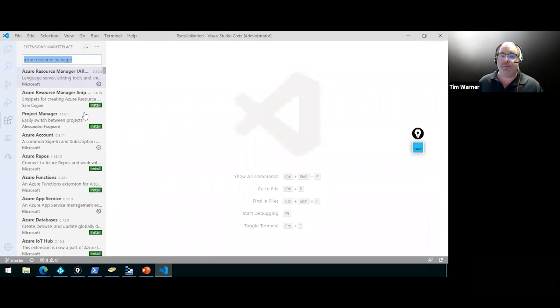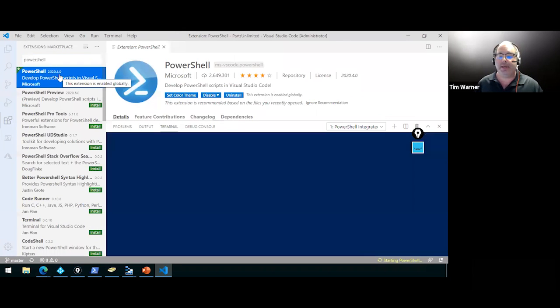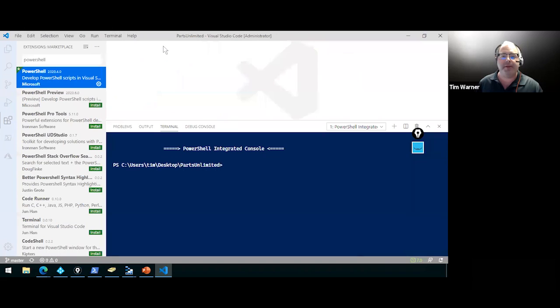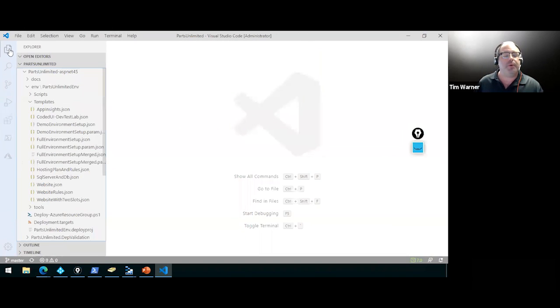And if you're going to use PowerShell, you can't go wrong by installing the PowerShell extension. And you want to install the Azure PowerShell modules on your system as well. That's really the minimum viable product to get productive in VS Code when you're working on ARM